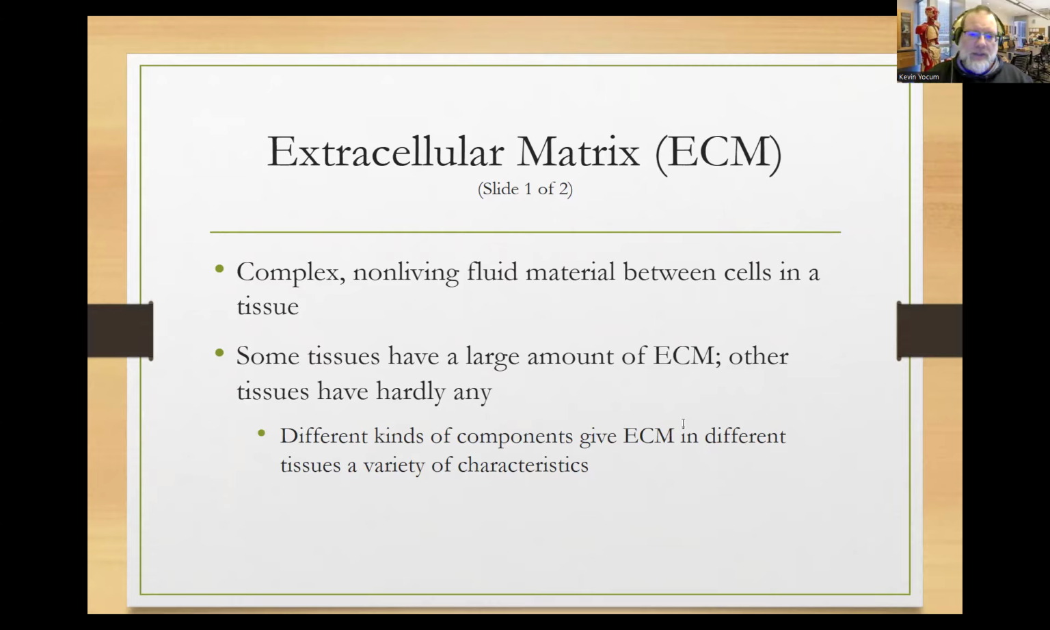So, extracellular matrix, complex, non-living fluid between cells. And again, we're going to see this is a big deal with connective tissue. Some tissues have a large amount of ECM or extracellular matrix, others have hardly any at all. So we'll see with epithelium, there's hardly any or none, and connective is known for it. So anyhow,